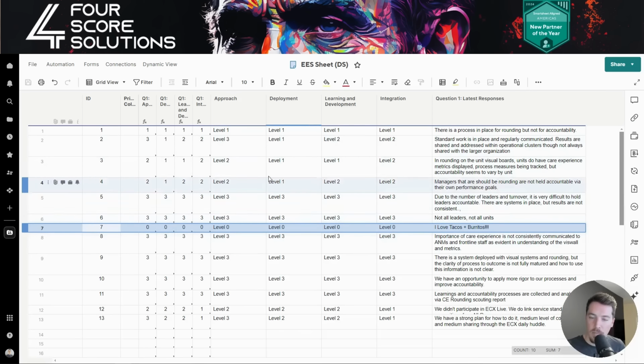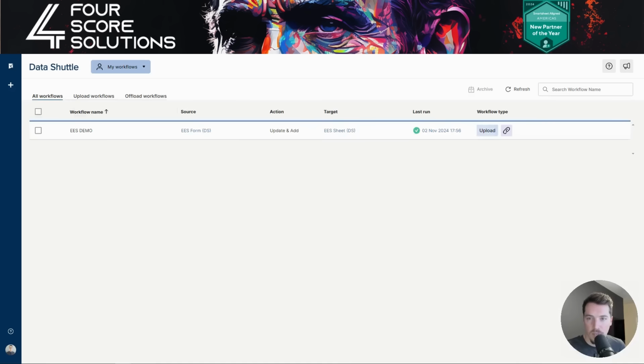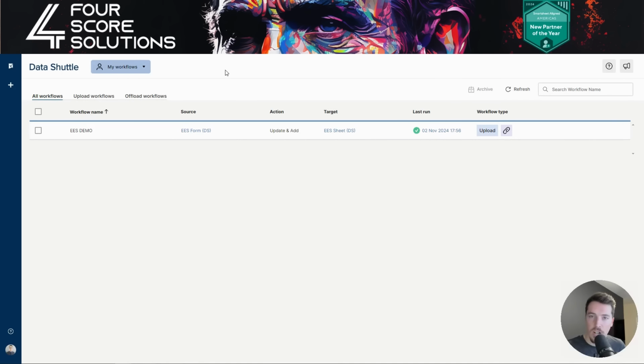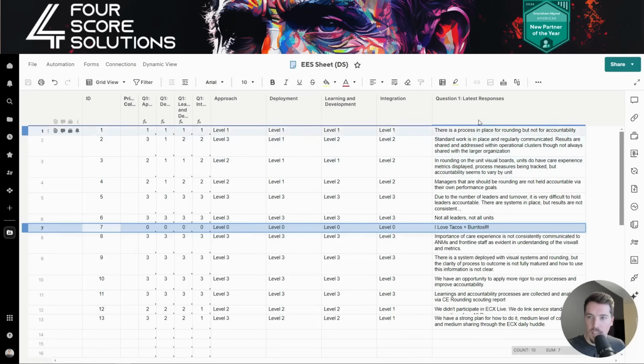Now our sheet will get updated with the latest information, but while it's running, we'll just go to Data Shuttle, and we'll do a quick refresh here, and Data Shuttle will start to trigger and run. So we're going to let it run on the attachment, and then we're going to let Data Shuttle pull this information over. Now what will be happening behind the scenes is that because we set up that unique identifier, we're going to look at ID 7, and it's going to find that mapping, and because we have that tag saying update data anytime there's a new data set that comes in,